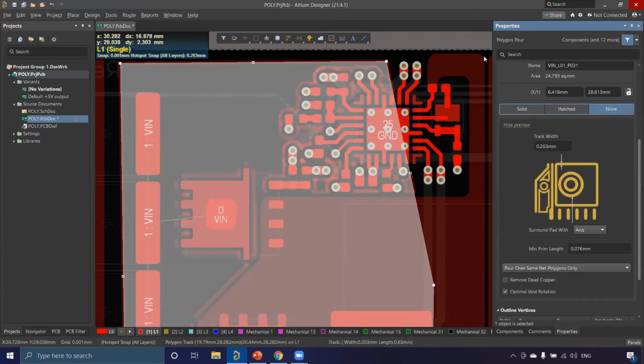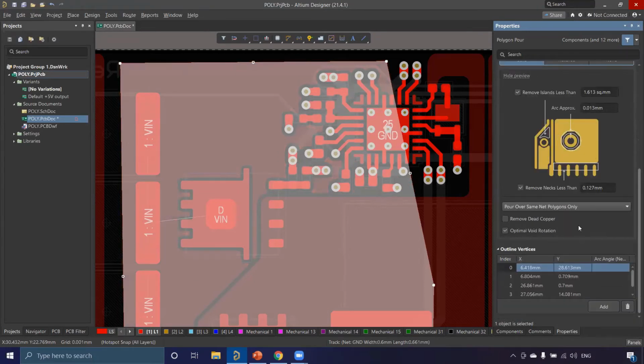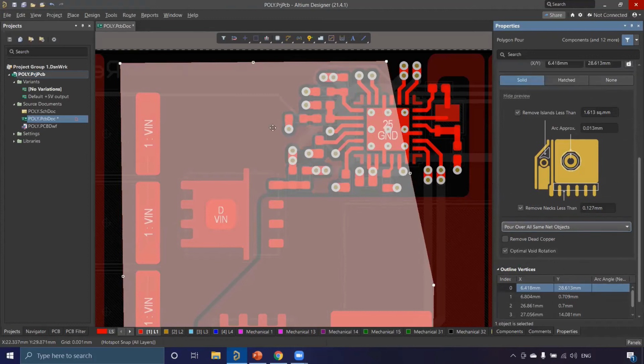You can also go for outline, board outline polygon. Board outline means only there will be a line, you can see there are arcs here. So you can also do this. Now I go again with the solid polygon itself. Coming below, you can change this to, I used to follow pour over same net objects. So I just go with it. Once done, I just click here.